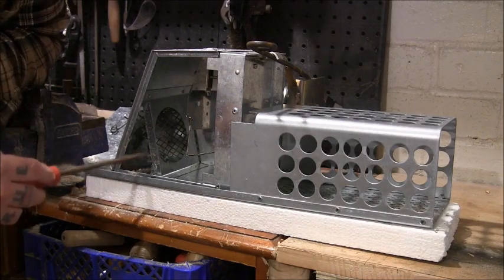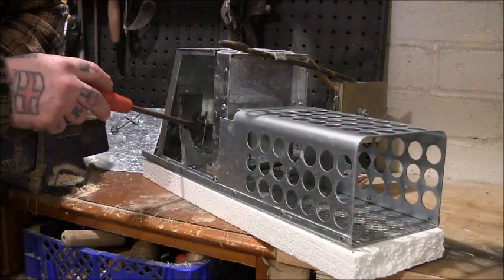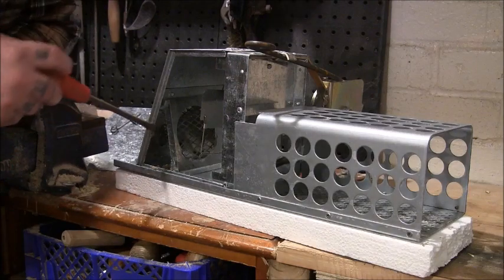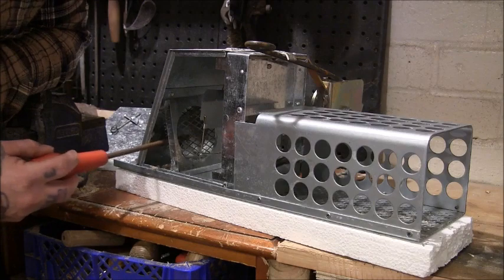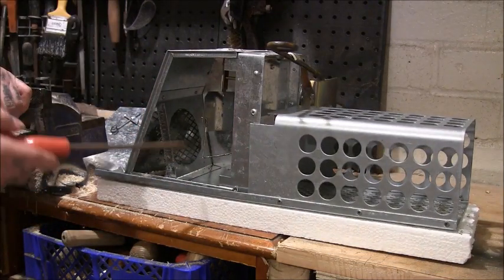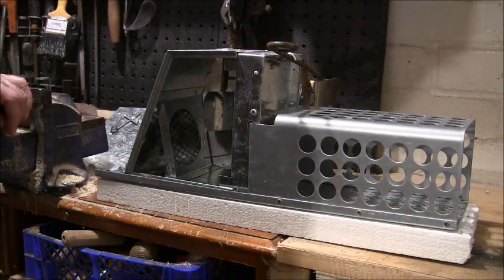Now this section here is where you put your bait, and as you can see there, you've got like a wire mesh part there. That bit of wire mesh will actually come out, but you don't need it to. So you put your bait in this part, the squirrel comes in, and then to get to the bait he's got to push this thing, this kind of paddle. Once that is pushed that way, what it does,